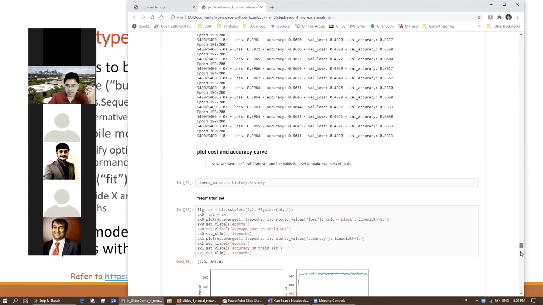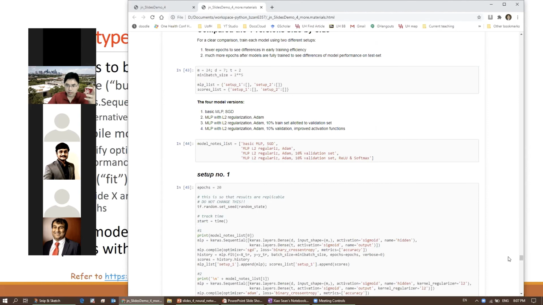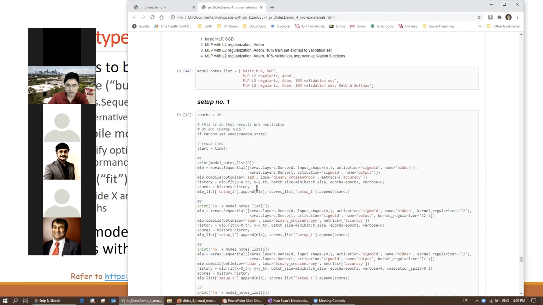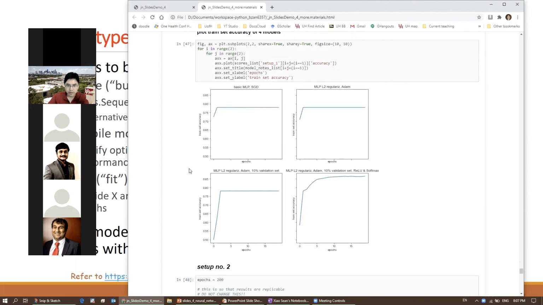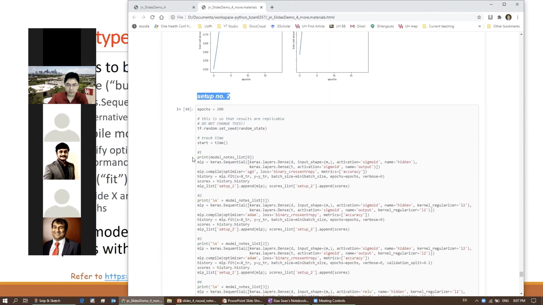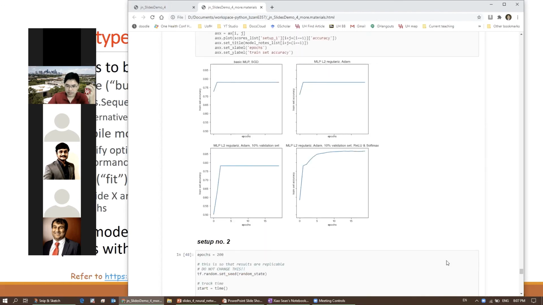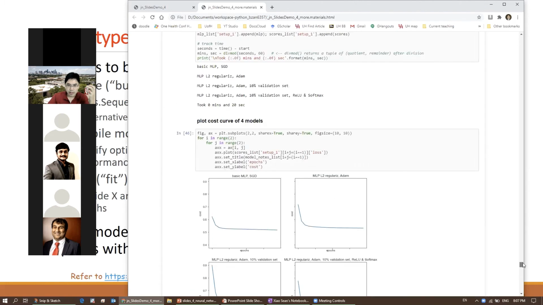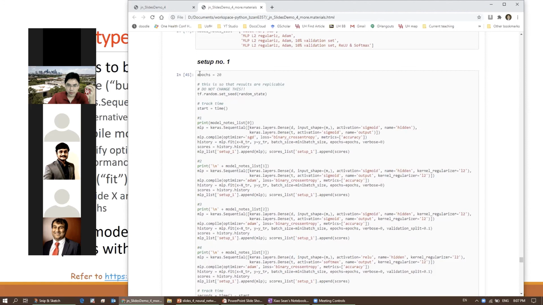And after all of these, I put them all together and trained the 4 models. The one, setup number 2, of comparing the 4 models is going to take a long time because it's 200 epochs for 4 models. It's going to take a good 20 minutes for your computer to finish this cell. But after that, let's see. In the first comparison, I ran 20 epochs for each model to see how the initial training compares across the 4 different